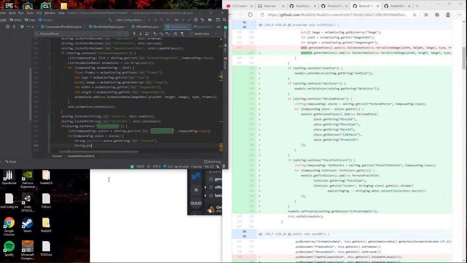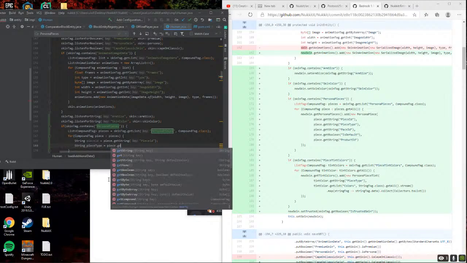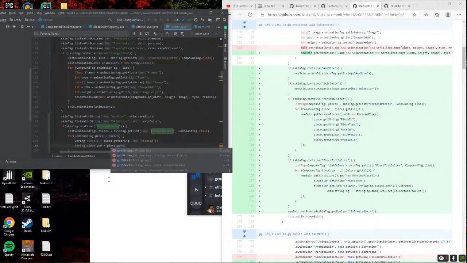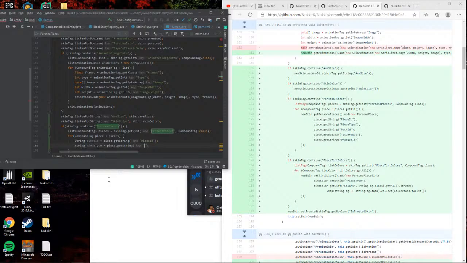String piece type is equal to piece dot get string piece type.